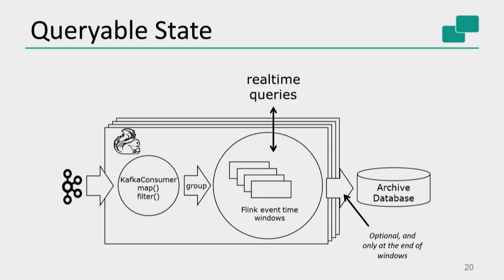If you wish, there's an optional step: flush the windows at the end of the hourly period into some archive database. As soon as they're immutable, you basically do only one write, a put. Then you can reduce the amount of data you're keeping inside the stream processor and say all older queries go against the database, all real-time queries go against the stream processor. So this architecture is, in some sense,